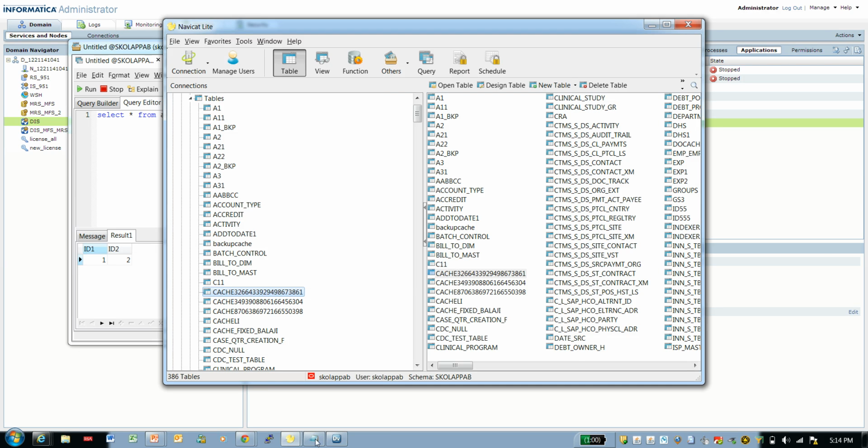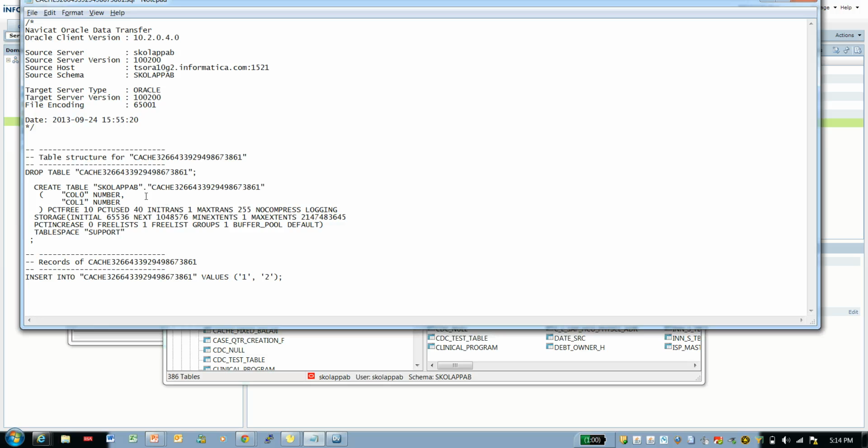And the structure of the cache table is here. So here I have a create table statement, where B is my schema name, and this is the table name here. So I would copy the DDL and run this script on my schema,